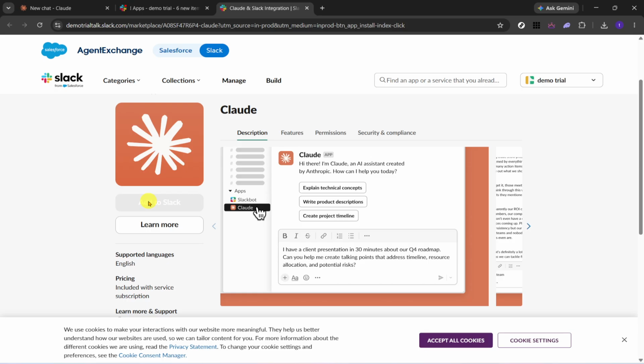And that's it. Once the setup is complete, Claude will be added through Slack's app flow, and you can continue using it according to your